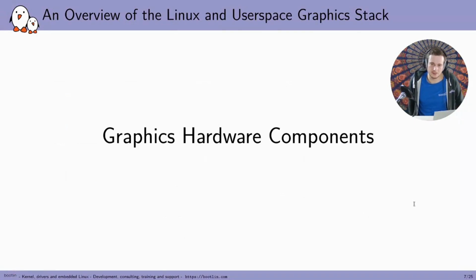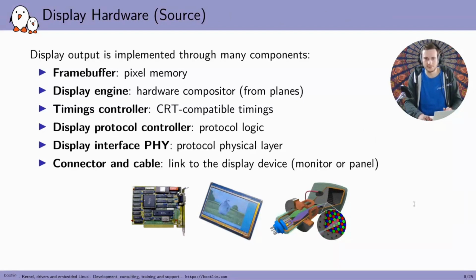And now let's look at the hardware components that are used for these things more specifically. So first of all, let's look at the display hardware. So that's kind of important to understand later on what the software has to do and what it has to coordinate. So among the display hardware, we basically have a pipeline of different elements that are combined to feed pixels, which are initially stored in a frame buffer. So that's just a memory buffer with the pixels that we want to stream to a monitor or a panel